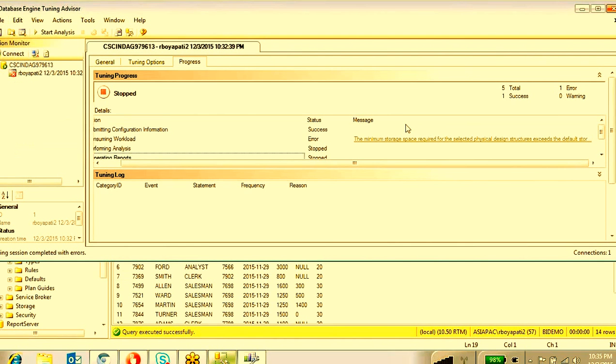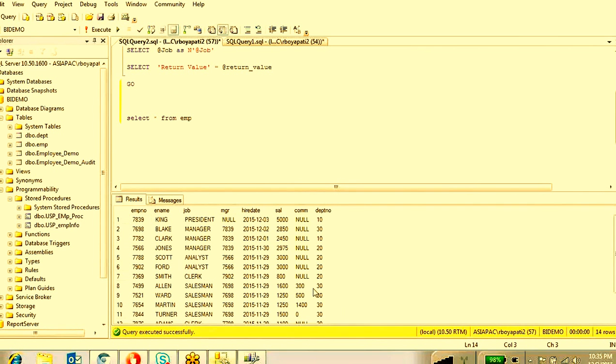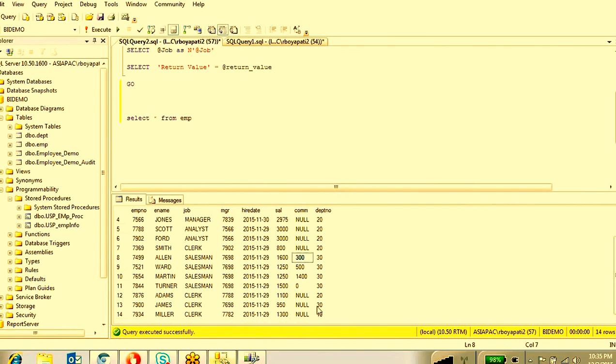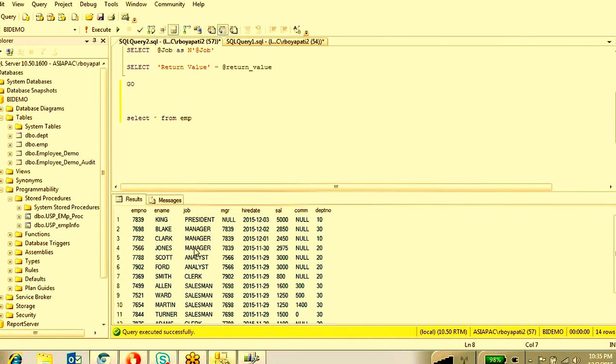Right, you just click on that button that comes here. If you click on that, it will automatically create the indexes. Right now we don't have much data in this particular table, right? So right now we have only 14 rows.